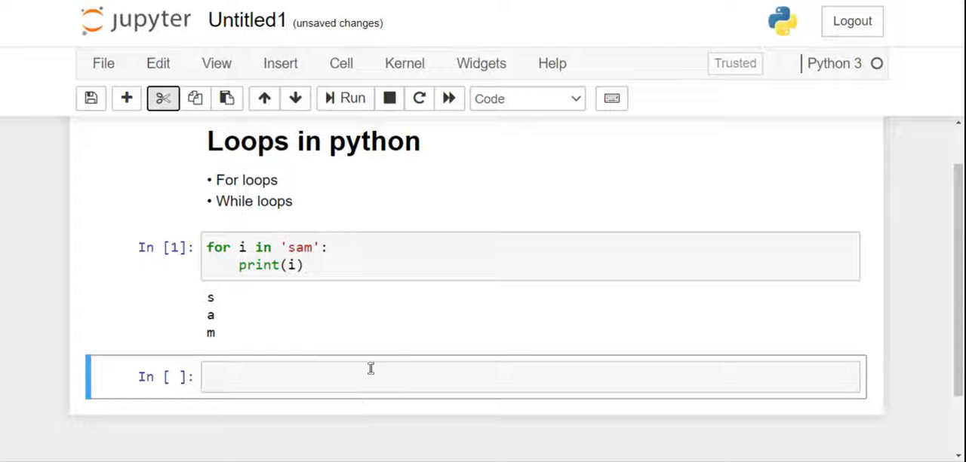So now, let's talk about while loops. Now we'll talk about an example of a while loop. While 6, so 1, 2,